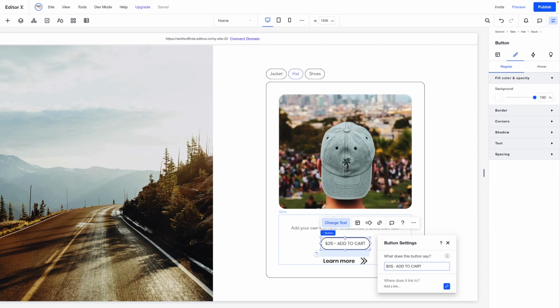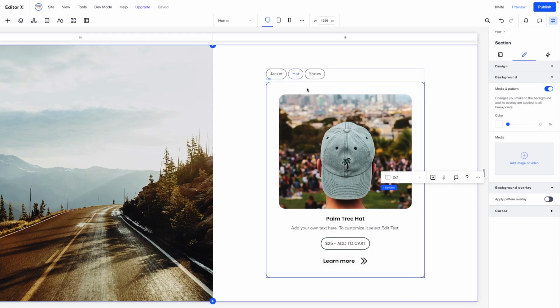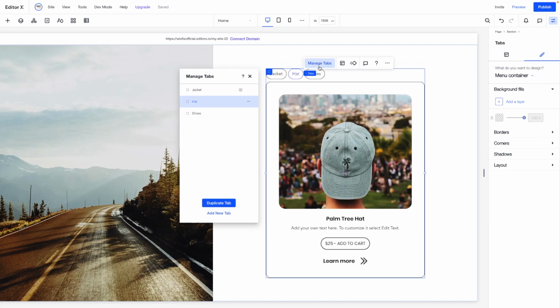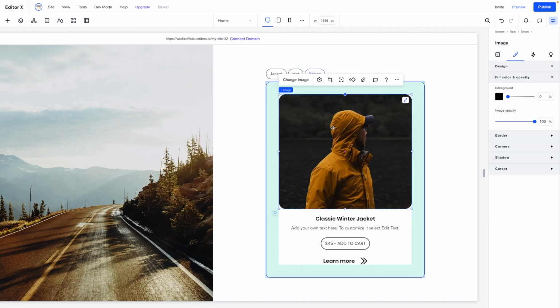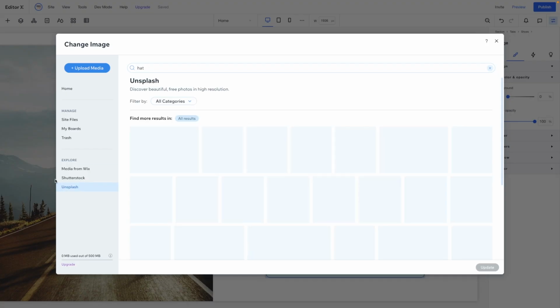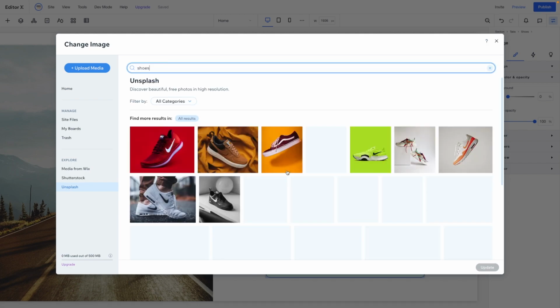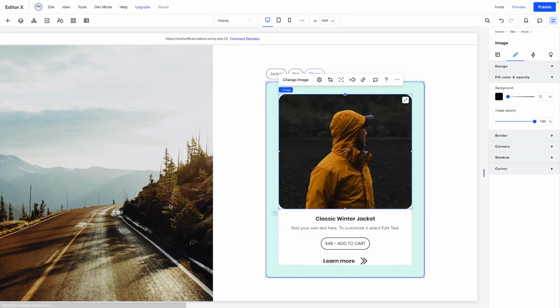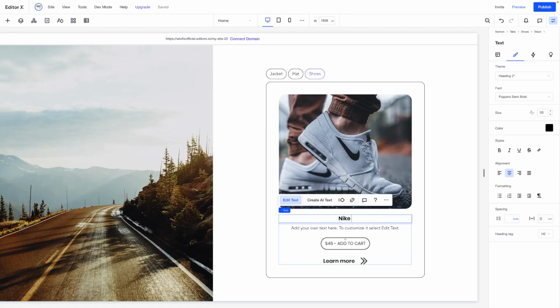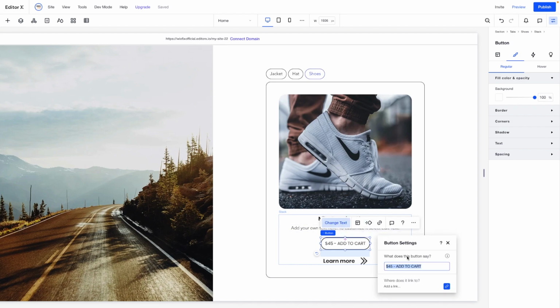So instead of 45, this can be like 25. Great. Now let's go ahead and jump over to the shoes. And once again, we'll go ahead and change the image. And once again, we'll change the text